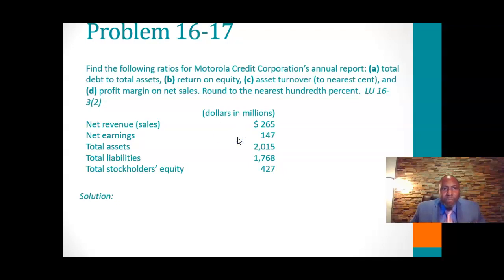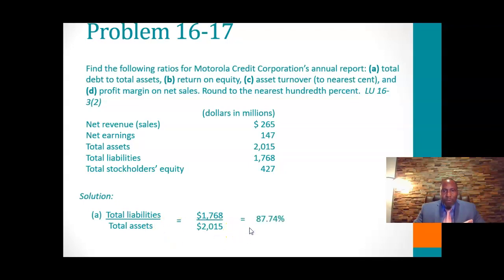Want some more? I got you. Find the following ratios: debt to asset ratio, return on equity ratio, and your asset turnover, along with the profit margin on net sales. You will find the formulas for all the different ratios in your textbook and the ebook, or if you have the hard copy as well. So our first ratio says total debt to total assets. We're now comparing the debt of the business, liabilities, against their assets. So the formula is total liabilities divided by total assets, which would give you